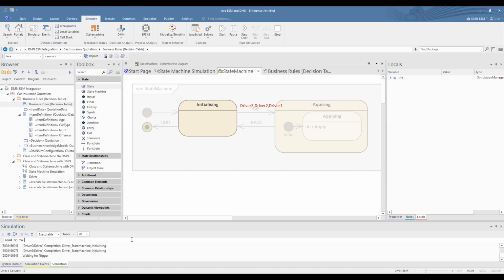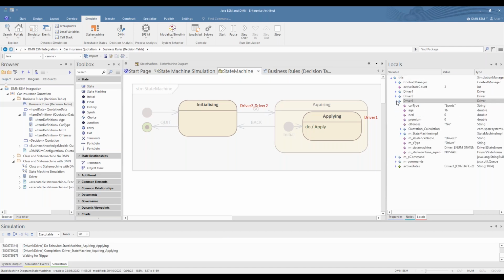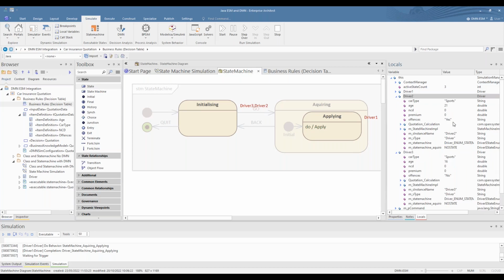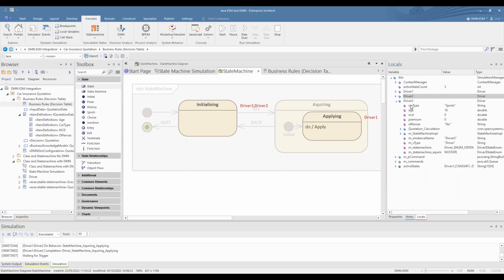Then go to driver 1. Right, it says driver 1. Oh, thank goodness it worked. So all it's doing is stimulating driver 1. Driver 2 has a premium of 0 because it hasn't had the premium calculated, but driver 1 has got the premium calculated, as it should have.